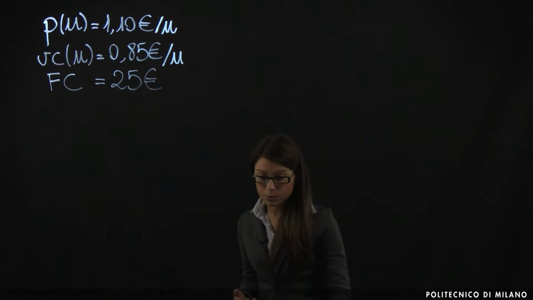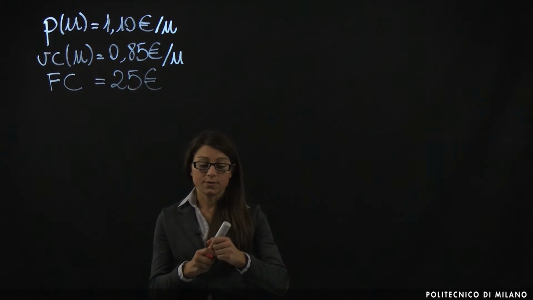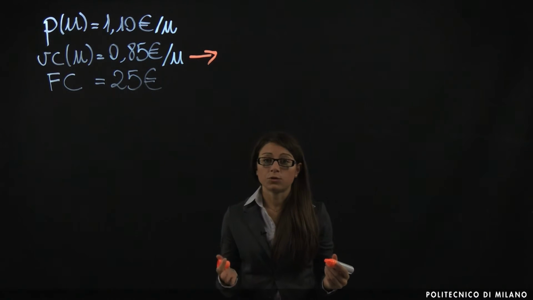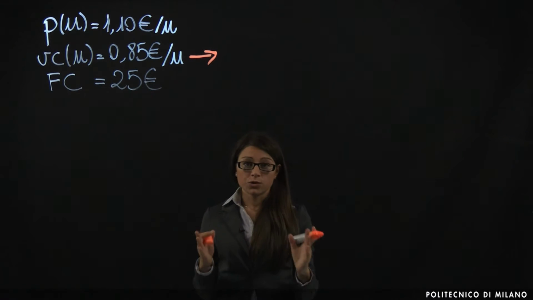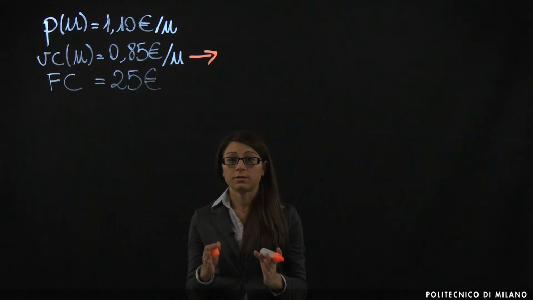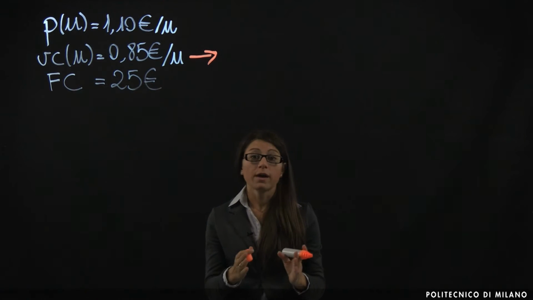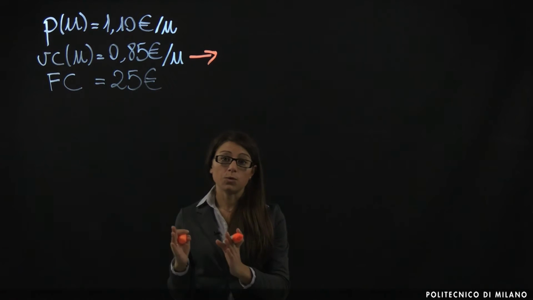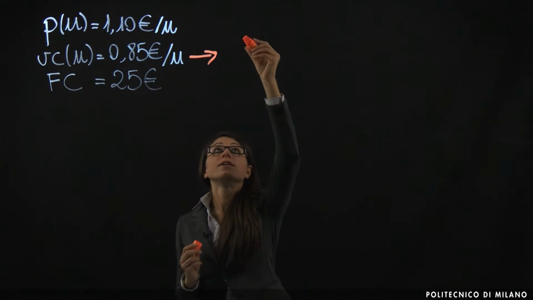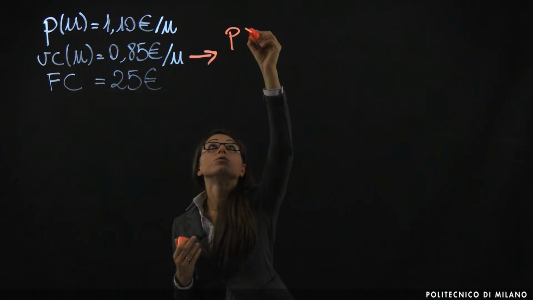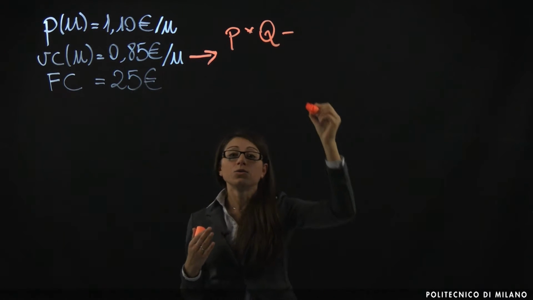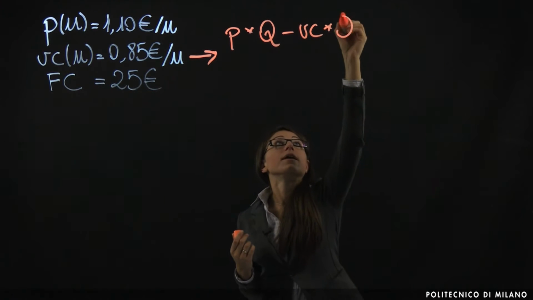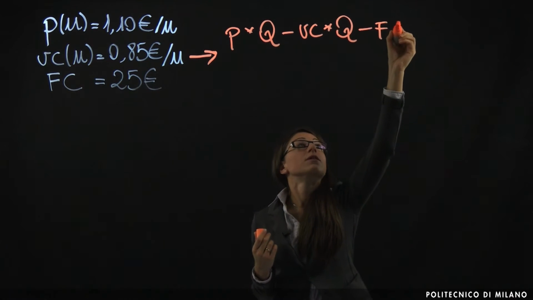How can we address this problem? By calculating the quantity to break even. Our starting point is the traditional equation for calculating the net operating income. We need to write down the equation of the net operating income, remembering to set the difference between the revenue and the costs equal to 0, because the quantity to break even is the quantity at which total costs equal total revenues. So the revenues, which are the price multiplied by the quantity, minus the total costs, which are provided by variable costs multiplied by the quantity, minus the fixed costs.